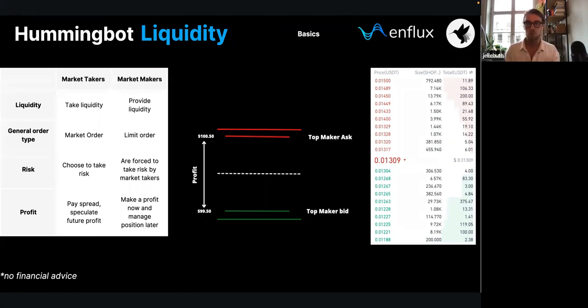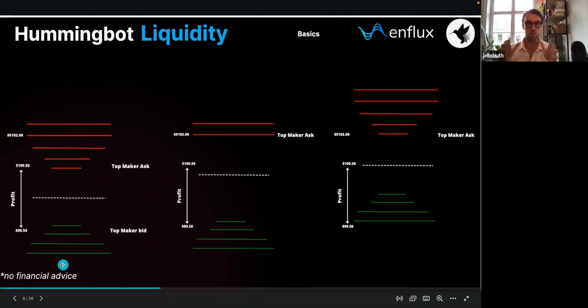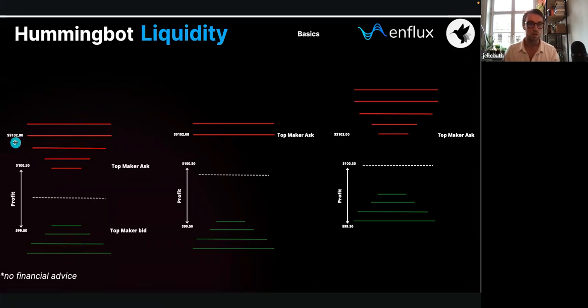So let me explain a little bit how price then moves. Why do we see wicks up and down? Why does price go up and why does price go down? This is what market makers are involved in. So we have a basic order book here where still nothing is happening yet. We have some buy orders on the book and we have some sell orders on the book at a price of $1 and